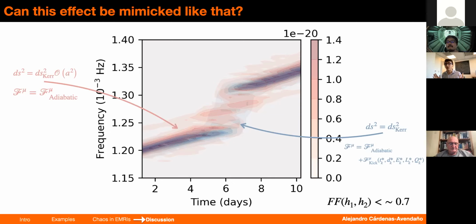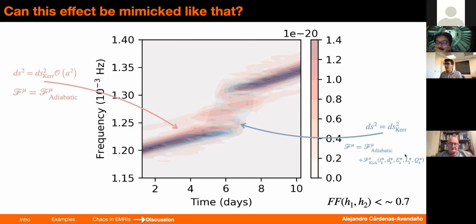So this is not a good model, meaning that I cannot mimic the appearance of chaos by just changing the dissipative part, by just adding a kick. And I'm not saying this is not a good model. All I'm saying is, even when I did a full MCMC run over days, trying to explore this vast parameter space, it is really huge. It has like 6 to 8 parameters to explore, and I couldn't find a good match. So maybe this is not a good model.